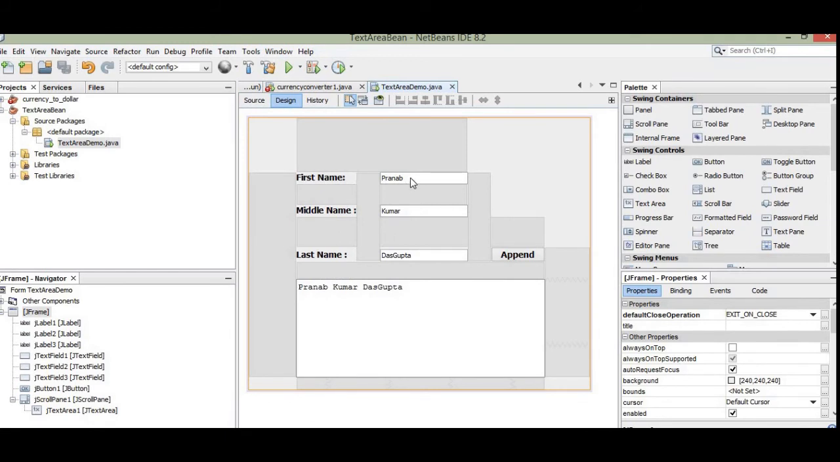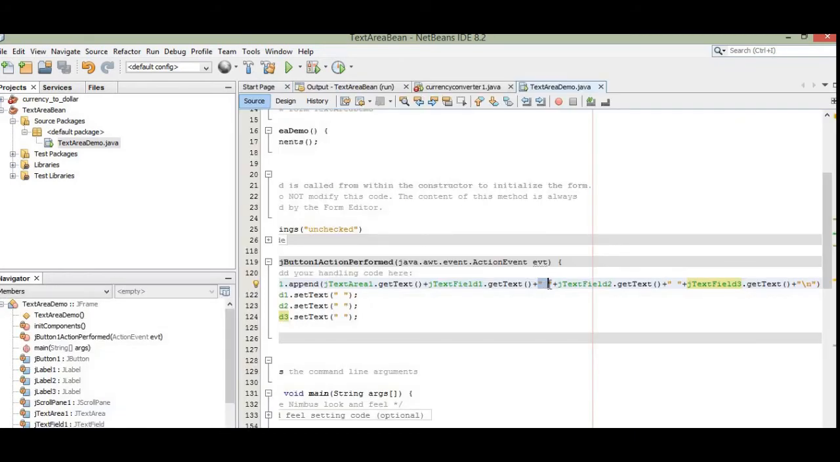As a result, when the first name is Pranab, middle name is Kumar, and the last name is Das Gupta, then you can see the gap in the full name like this. See, in between Pranab and Kumar there is a gap, and again in between Kumar and Das Gupta there is a gap. So that gap is represented by this. As a result, once we have merged the value from the first text field with the second text field and the third text field,